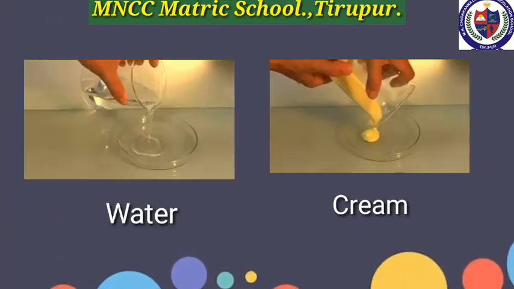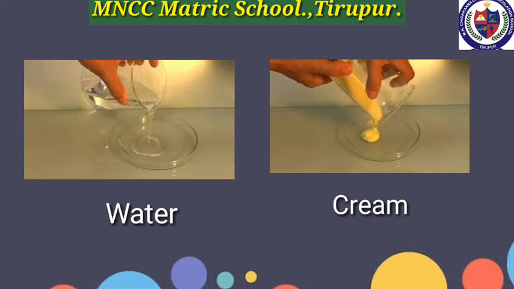Next, a simple example to understand viscous force or viscosity. Take a small quantity of water and cream in a cup. Place a few drops of each, water and cream, on a separate glass plate. Next, gently raise one end of the glass plate, one by one, so as to allow the liquid to slide down the smooth surface of the plate. Observe the speed of each liquid. So each liquid moves with a different speed. Water flows faster than the other liquid. The cream flows with a moderate speed.